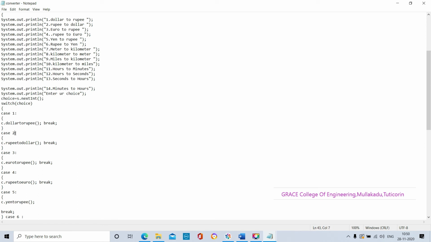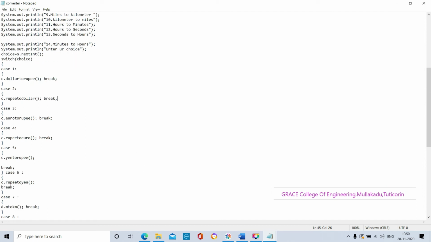If the case is 2, it will call the rupee to dollar method by using the object. C is the object. In Java we call the method by using the syntax object.method. So here C is the object and the method name is rupee to dollar. By using the break statement we can break out of this case and move to the switch case again.